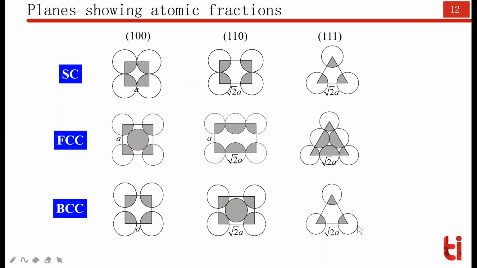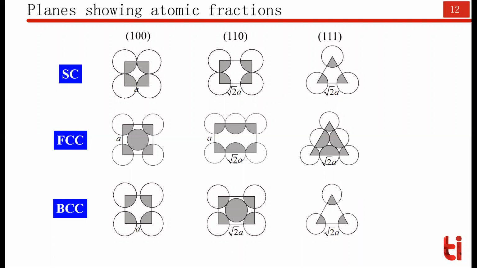So the situation that we have is now only 3 corner atoms making the 111 plane in the BCC unit cell, which is precisely the same situation as the simple cubic unit cell. You can see the diagram of the simple cubic unit cell and the body centered cubic unit cell for the 111 plane is the same. So its planar density will also be the same, which is half an atom divided by the total area of the plane, which was under root 3 a square.